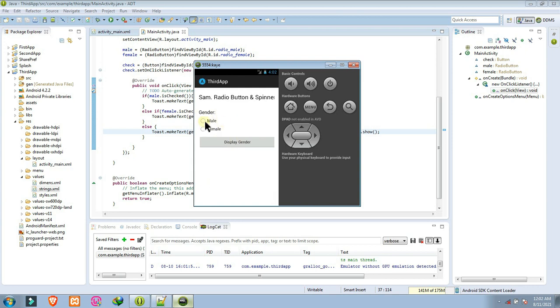Like for example, kung selected si male, lalaki. For example, selected si female. Female. I'm so sorry, there's a logic error here. So, dapat isa lamang yung ma-select dito. Okay? So, kapag ganun,